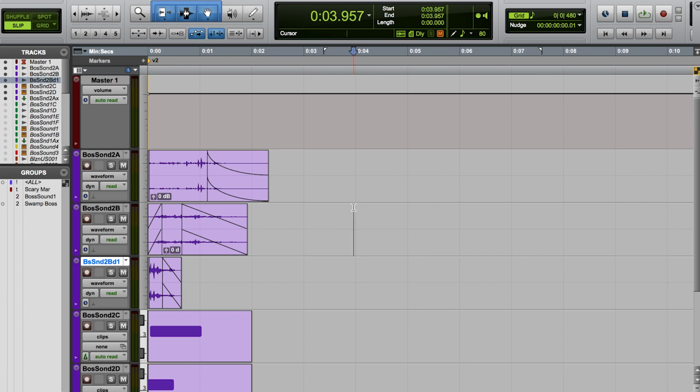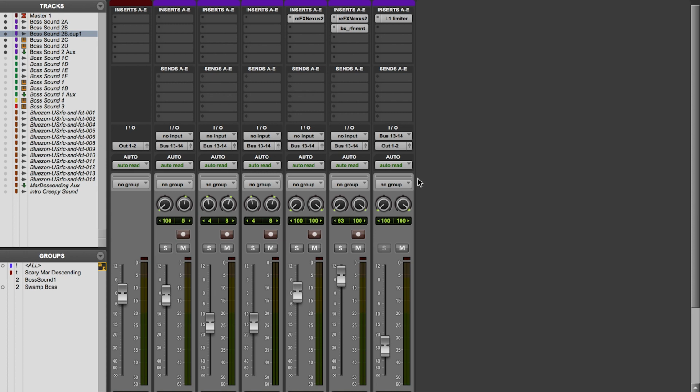So this tool, it's made by ReFX. It's REFX, and it's called Nexus. And not sponsored by them at all. I just use the tool. I've never talked to them. I don't really know them, but